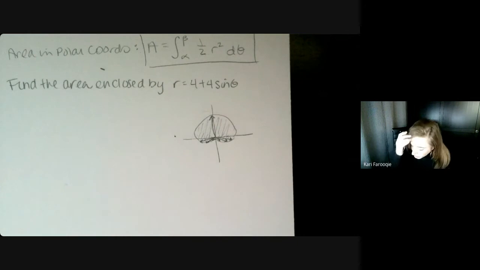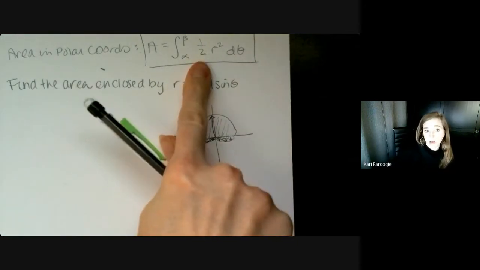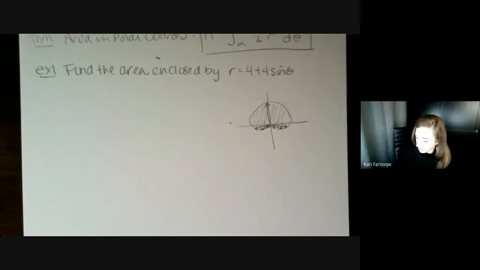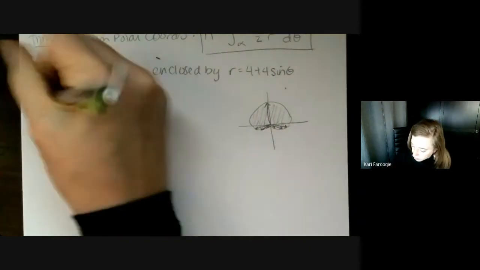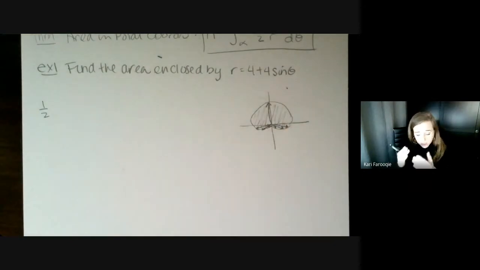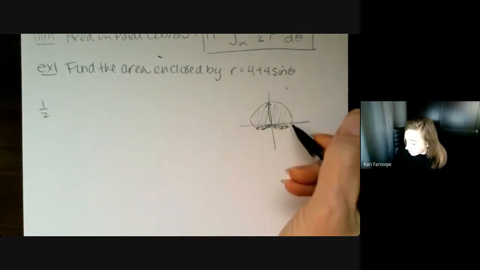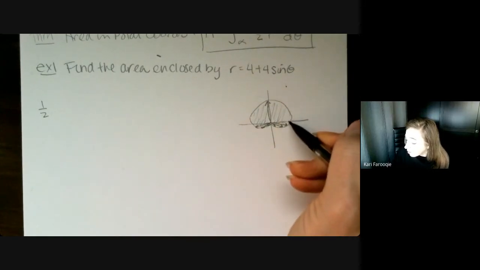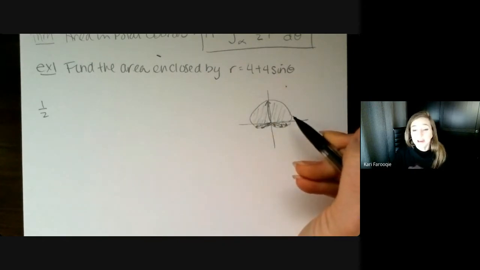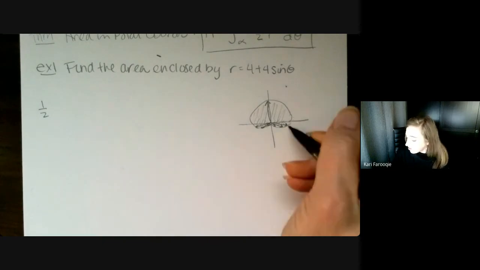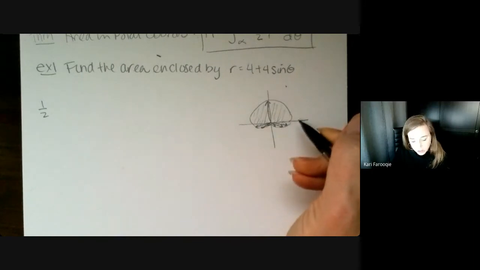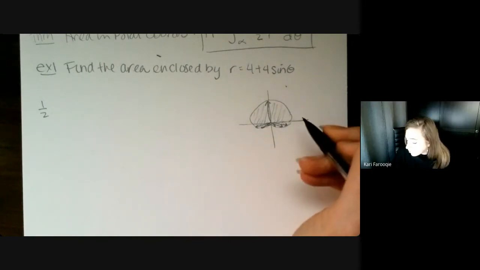So when we set up our integral, I like to put my 1/2 in front of the integral. I know that usually we do that just because it kind of gets in the way inside the integral. But it's our bounds that are the hard part. And in this case, they should not be that hard. I feel like we should be able to look at this and get a really good sense that this graph is being drawn from 0 all the way to 2 pi. I know it's not a circle, but it has this same behavior where it starts and ends at the same point. And really, you could start this graph wherever you wanted.